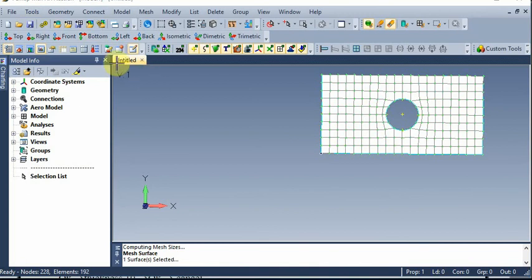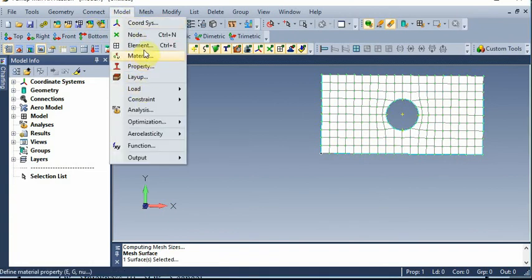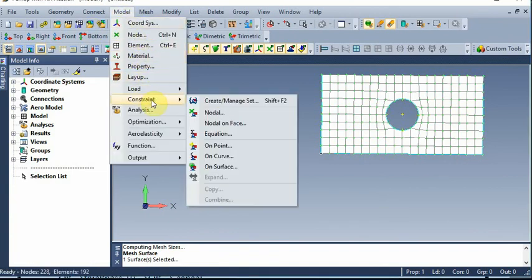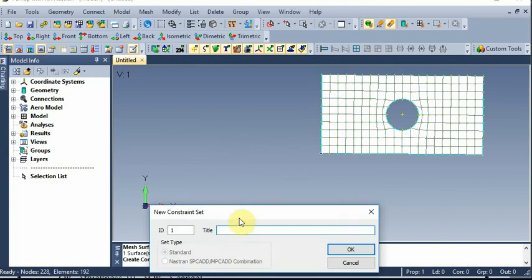For constraint, create a constraint: model, constraint, on curve. So ID 1, title you can give fixed. You are giving a fixed kind of constraint.